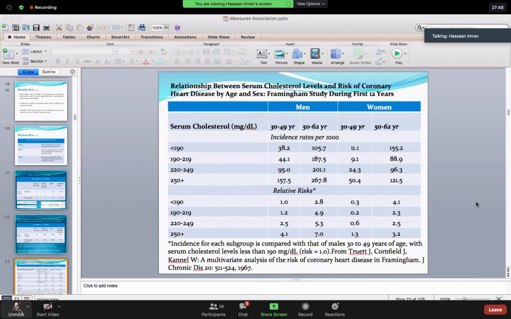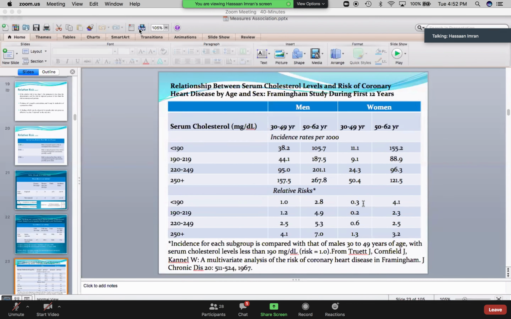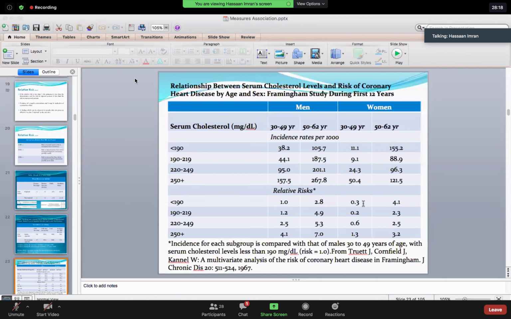Any idea? See, females are protected because of their hormonal status. Ma'am, estrogen levels. Absolutely, estrogen is protective for females till 49. But see, after menopause, what is happening? Look at the risk, how this is the most vulnerable level where the risk shoots up after menopause. Before menopause, as long as estrogen is in the surge, we are protected due to our hormones. But after that, look at the risk. We share rather more risk as compared to men for that particular age group.